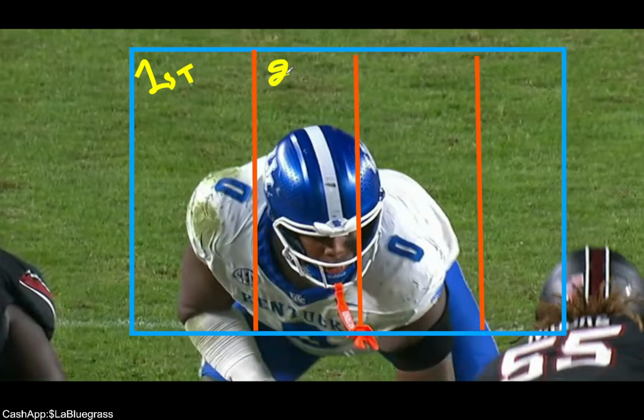They have second. Boy, this thing is horrible. They'll have second and long, second and short, second and medium, and on and on.